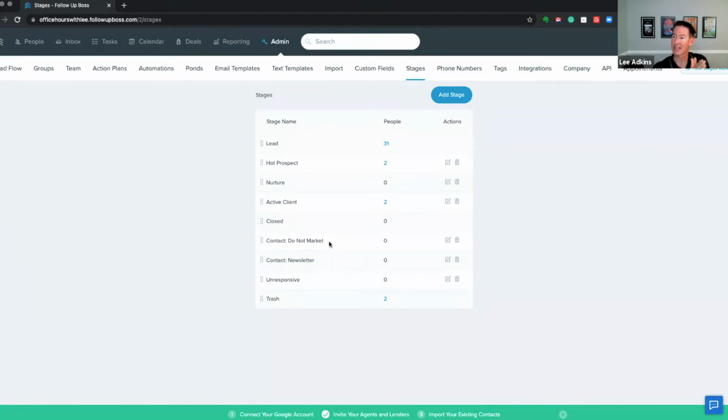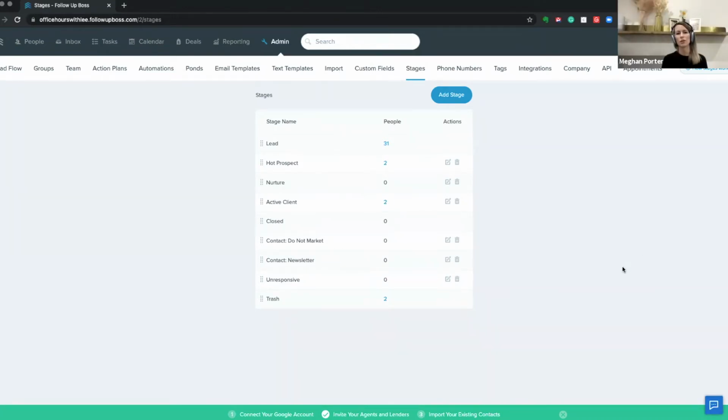But I like having a stage that's really clearly like, I don't want to delete this person, but they don't need attention from us. Megan, do you have any other stages that you guys kind of see or maybe recommend, at least at a high level? No, I think these are really good.